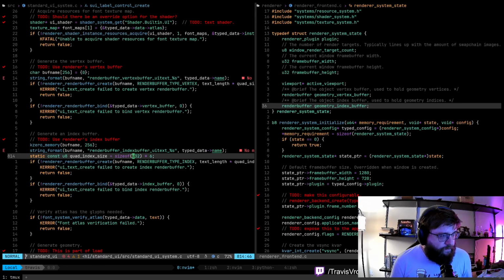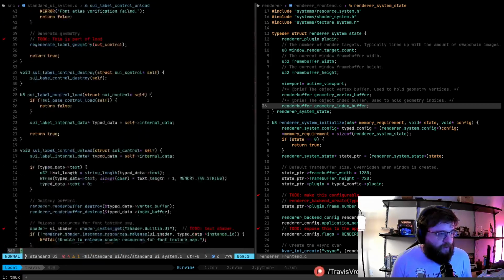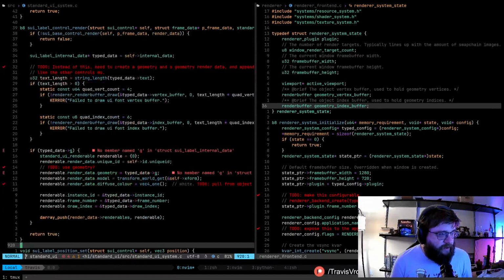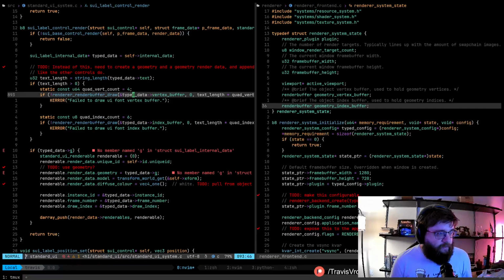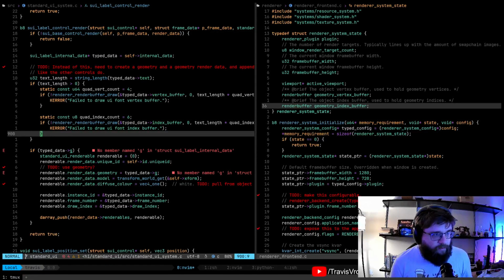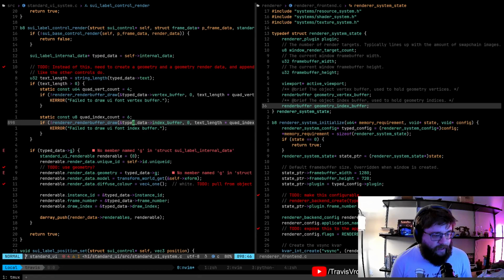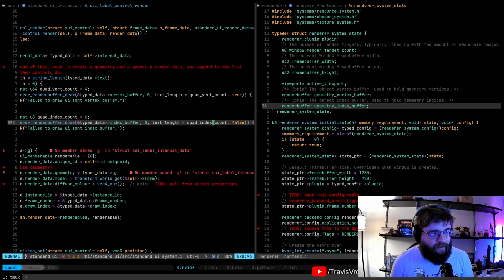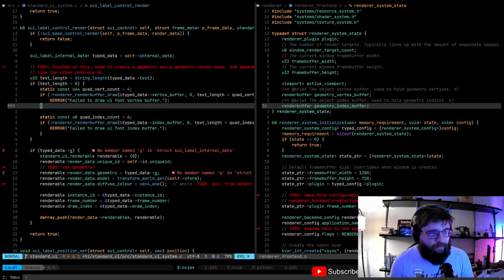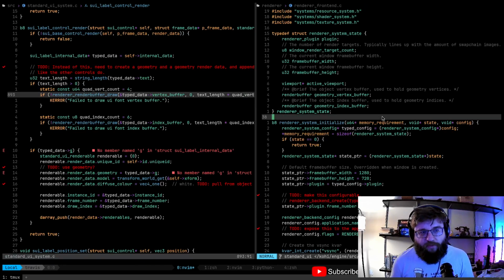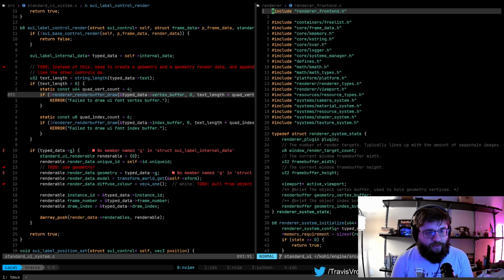And then when we went to render this later on, which is here, we were just calling the render buffer draw method. And we were using a 0 offset, and then you're basically saying the size is text length times index count, and quad vert count, right? Which is there times text length. And we were drawing that, which, if you recall, if we go to